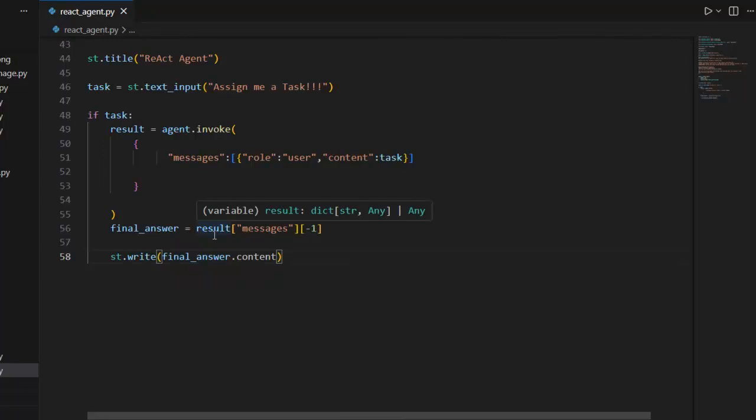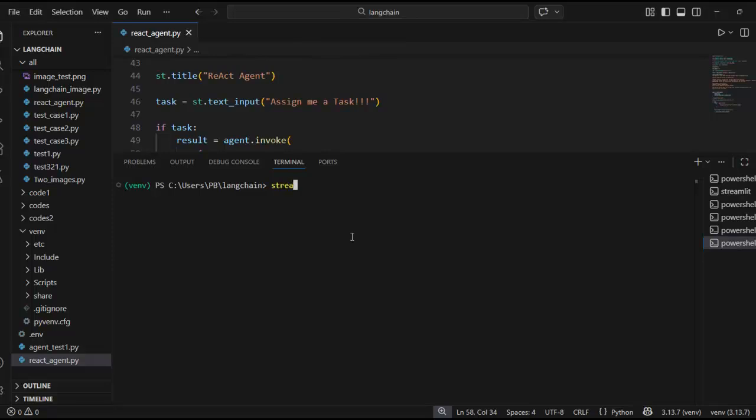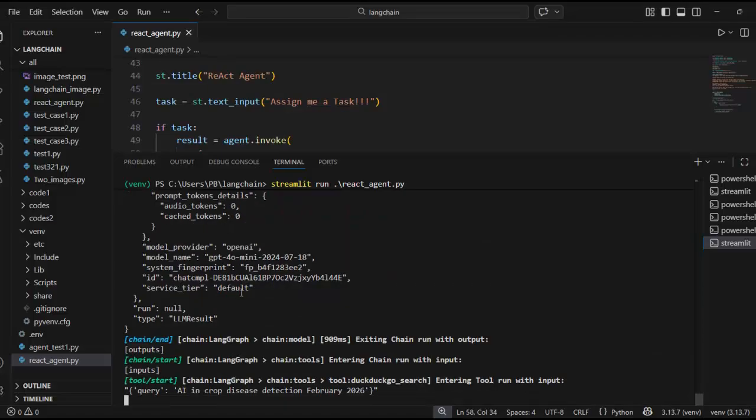So now let's run our script. Let's open a new terminal. This is a Streamlit web app, so we have to run it like this: streamlit run ReAct_agent.py. Let's press enter and you can see our GUI. Now let's ask this: Find a recent news headline about AI being used in crop disease detection. Let's press enter and here you can see